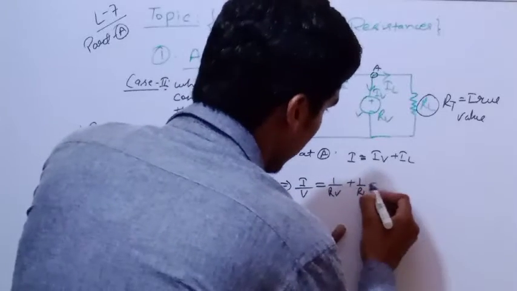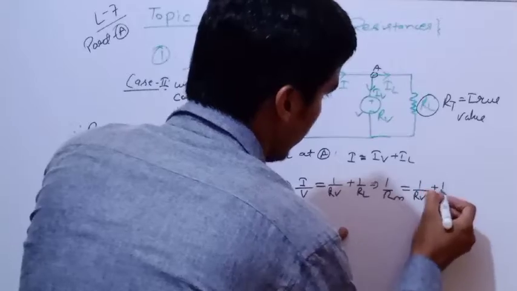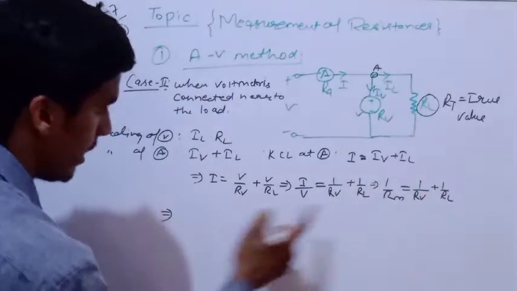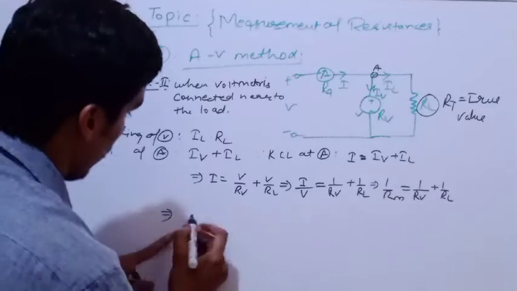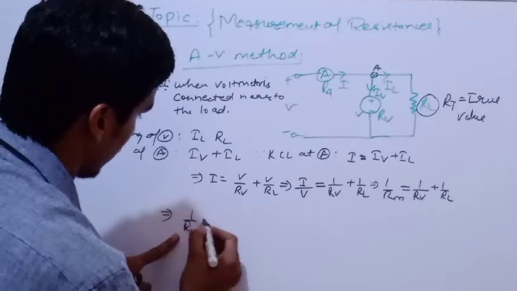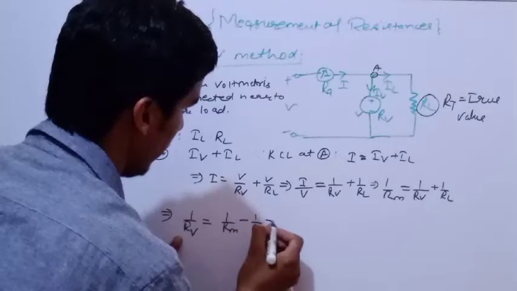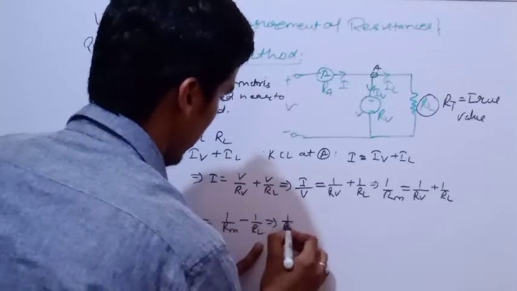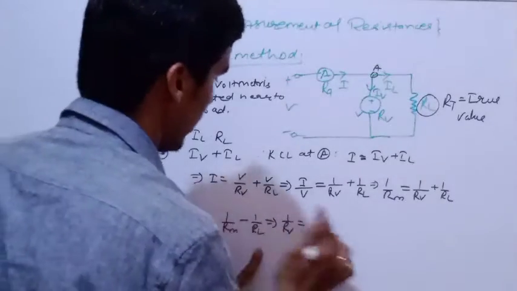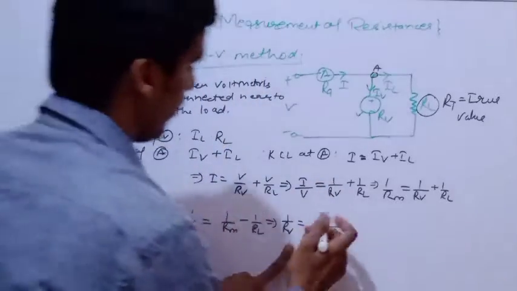You can write down here, 1 upon RM will be equivalent to 1 upon RV plus 1 upon RL. So from here you can write down 1 upon RV. 1 upon RV will be equivalent to 1 upon RM minus 1 upon RL. So here 1 upon RV will be equivalent to, take the LCM of this term, RM RL, the LCM will be RM into RL. So here it will be RL minus